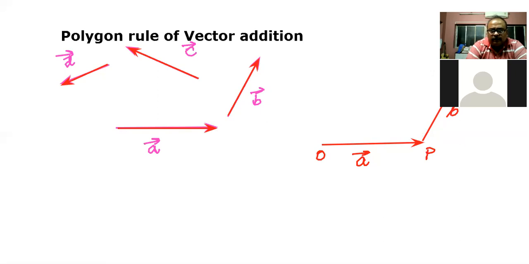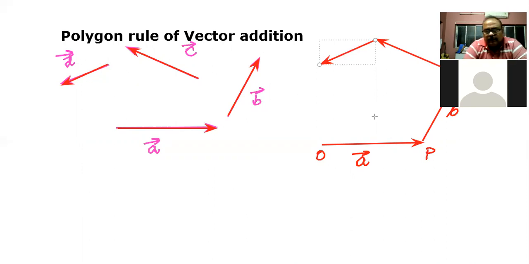Similarly, the next part, try to understand. This is my c vector. I move this c vector parallelly, keeping the direction and the magnitude the same, and I place it at the head of the b vector. So I can move a vector in space, keeping its magnitude and direction, and it remains unchanged. And lastly, I have the d vector over here. I can move this d vector the same way and let it touch like this.